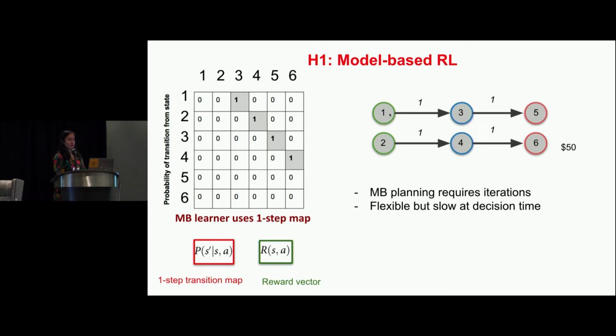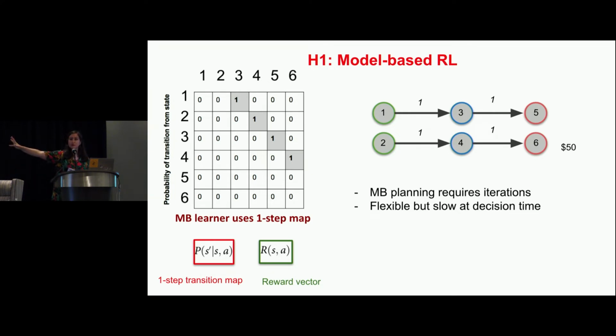for model-based RL, for an environment where you have two different trajectories, one of them leads to reward. It stores separately a one-step transition map of the environment, which says, oh, from 1 I can go to 3, but it doesn't tell you that from 3 you can get to 5 or 6. You need to go to 3 and see where 3 goes, and like this, do iteration. This is why you need an iterative approach, or what they call unrolling of your model, in order to figure out what the trajectories are in a model-based case.